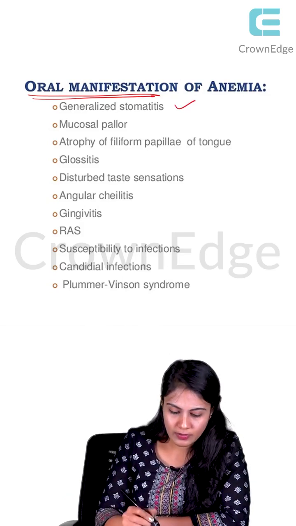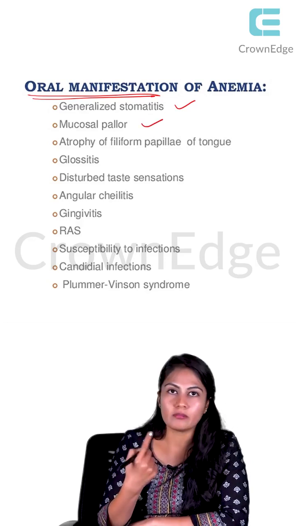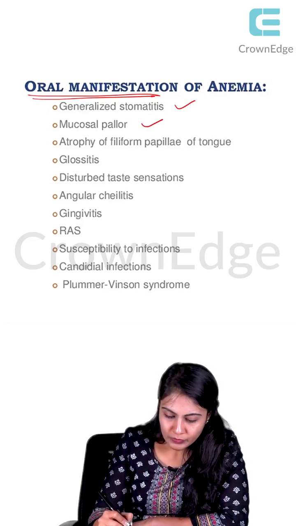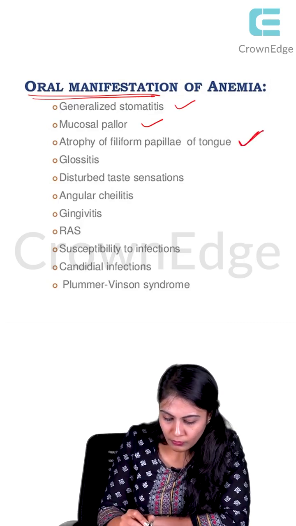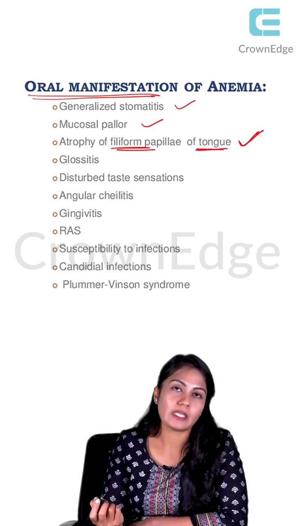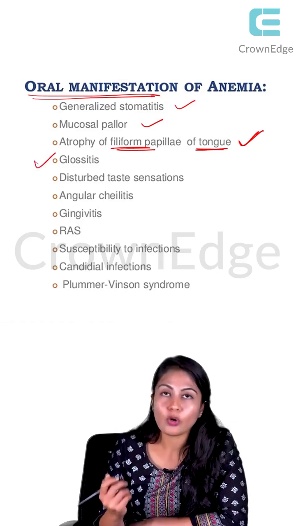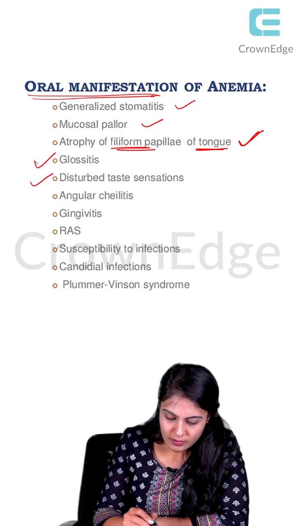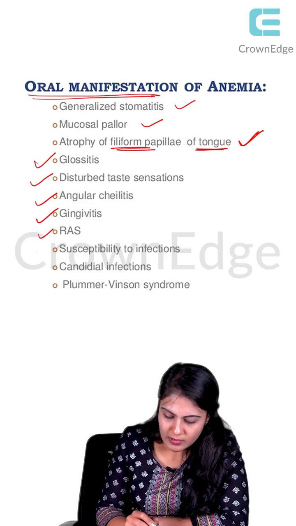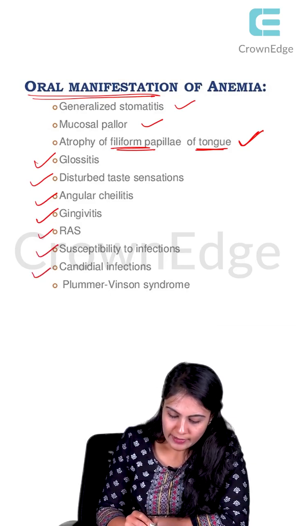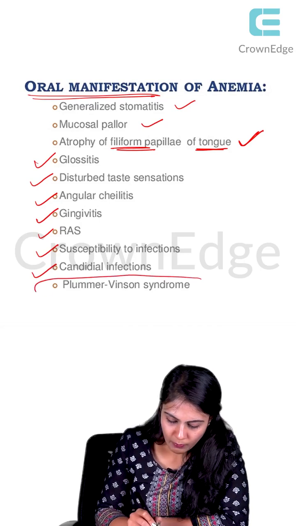Generalized stomatitis, right? Then mucosal pallor, obviously it can be seen. Then atrophy of the filiform papillae of the tongue. Then other things are glossitis, disturbed taste sensation, angular cheilitis, then gingivitis, RAS, susceptibility to infection, candidal infection, and